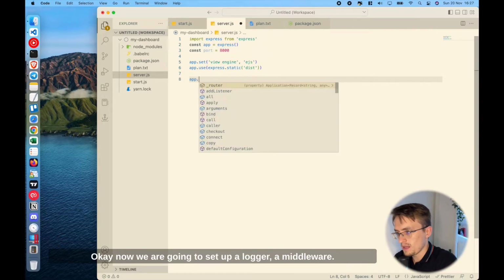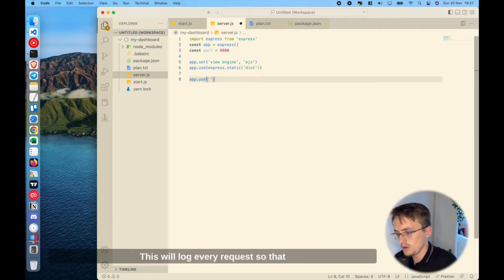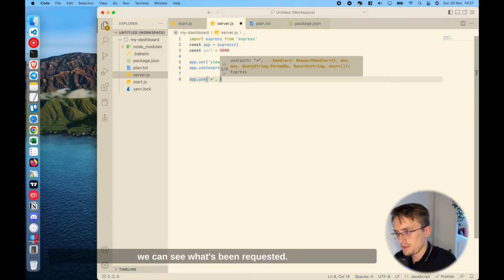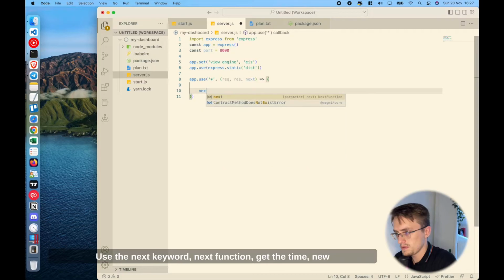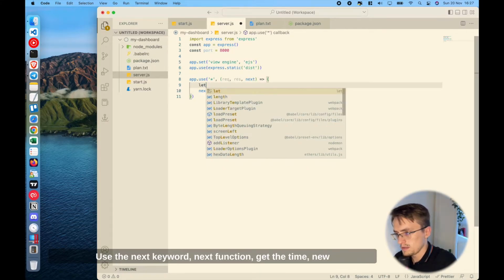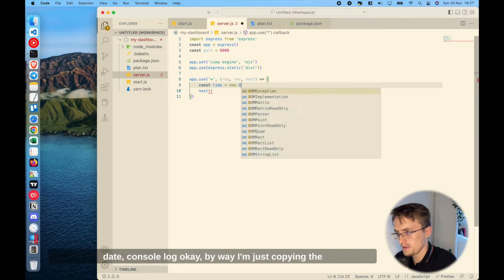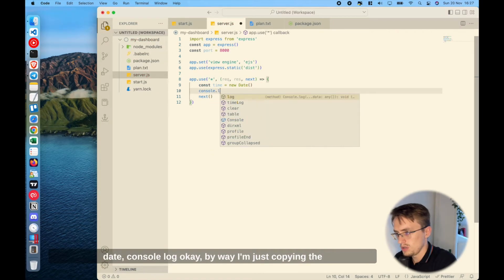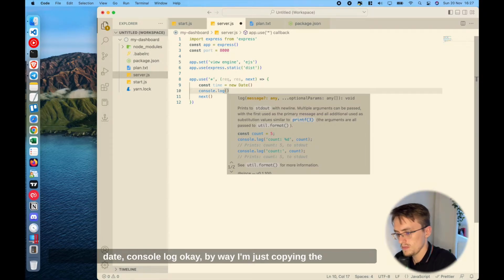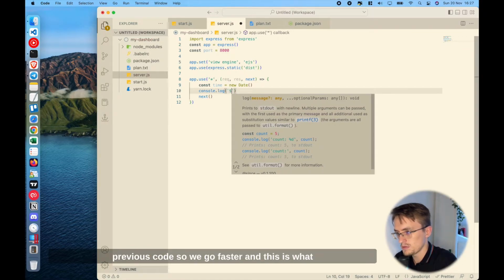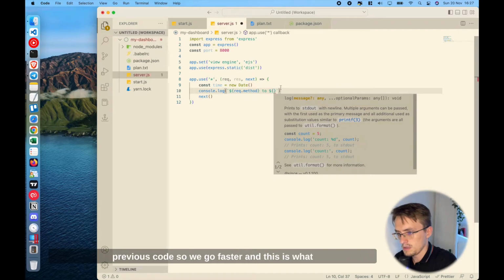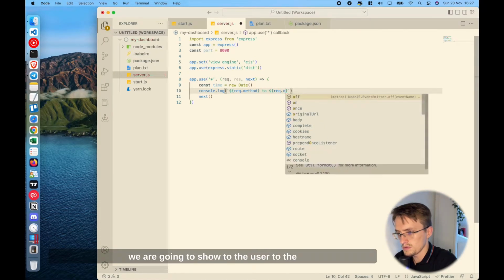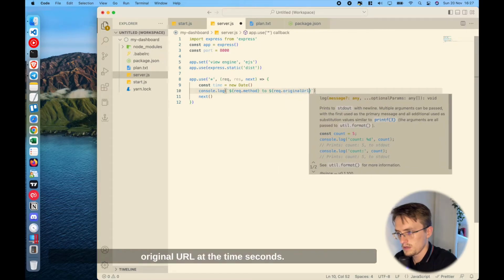Okay, now we are going to set up a logger, a middleware. This will log every request so that we can see what's been requested. Use the next function. We're going to get the time, new Date, console log. By the way, I'm just copying the previous code so that we go faster. And this is what we are going to show to the server owner. Original URL